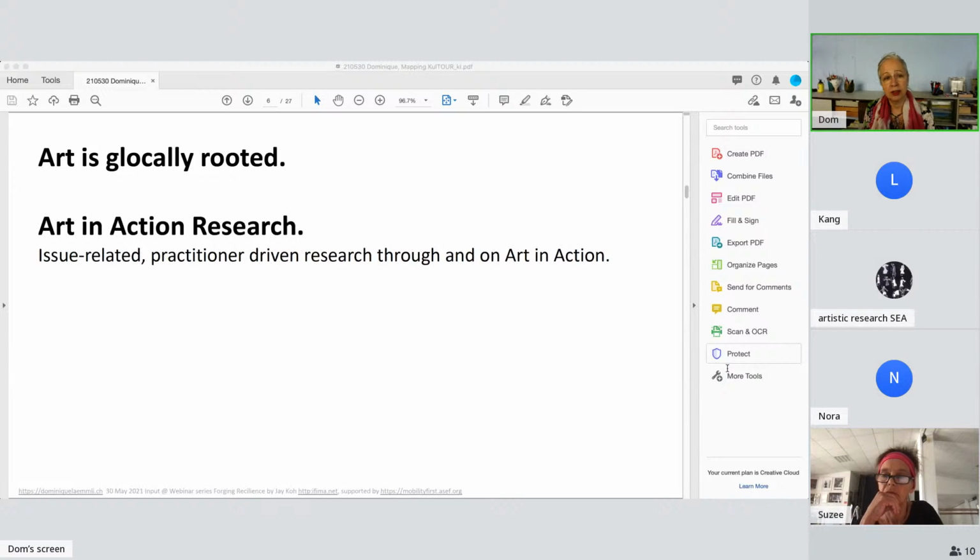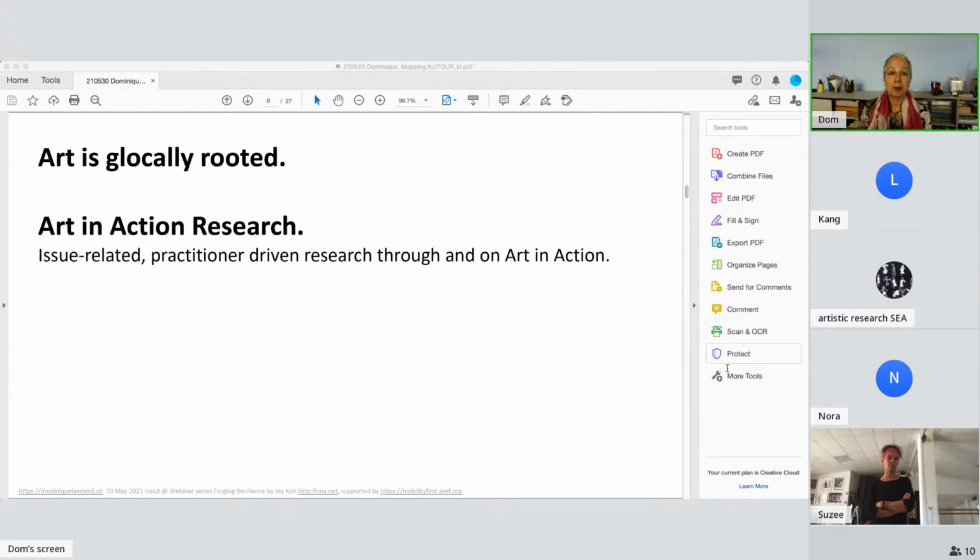Rather than contrasting the global and the local, the concept of glocalization suggests that to understand processes of change in our increasingly globalized world, we need to focus on the relational dynamics between the local and the global. Art in the everyday, or art in action, working with art in social cultural settings, is one of the rapidly expanding tendencies which we can observe worldwide. This phenomenon poses challenges to research perspectives.